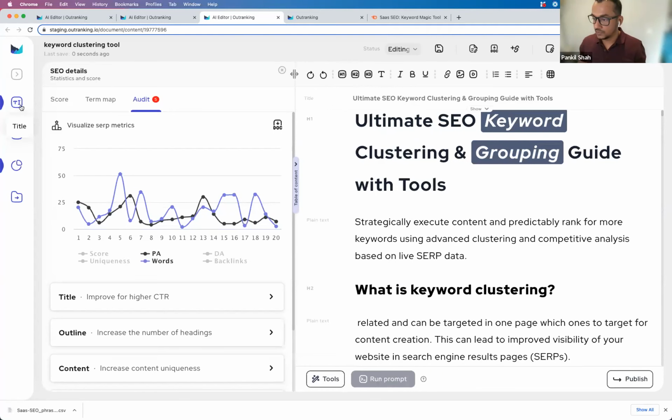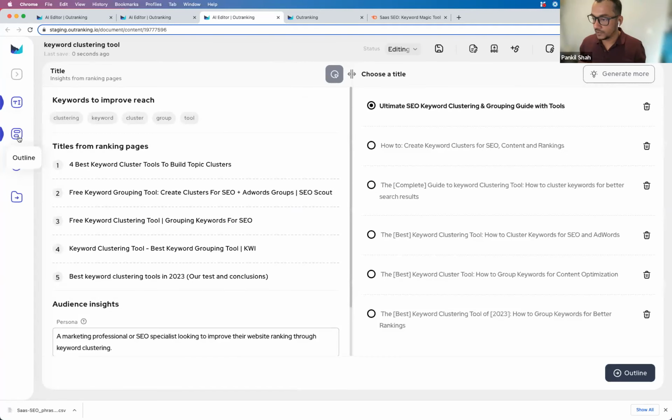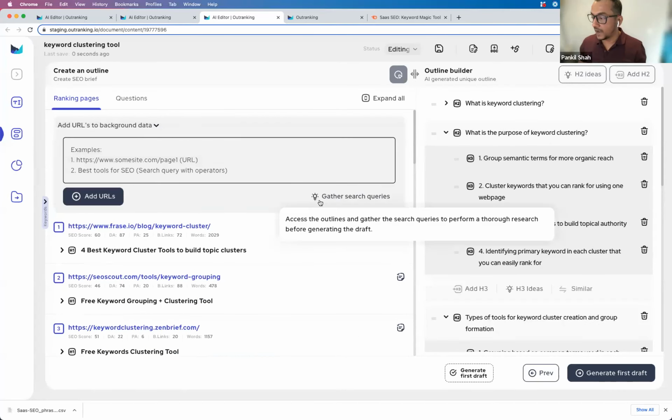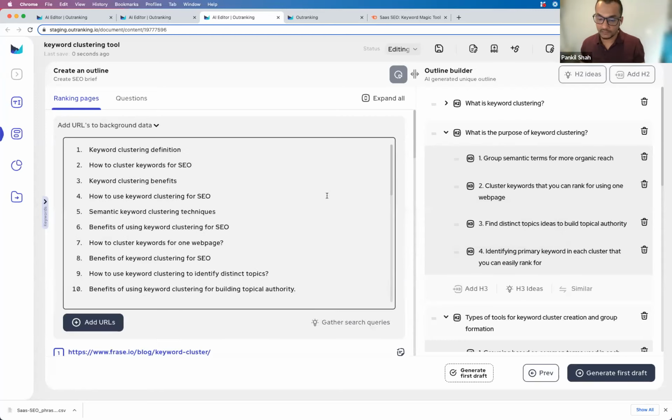Now let's go to one more addition that I wanted to show here in outlines. When you go to outlines, we've added this extra utility, which allows you to gather search queries. If you want better drafts and more comprehensive content, then you want to gather as much research as possible, right? So let's say you are talking about HubSpot versus Salesforce, then you'd want to get Salesforce reviews, HubSpot reviews, right? And then use that information to write out your prompts or build out the